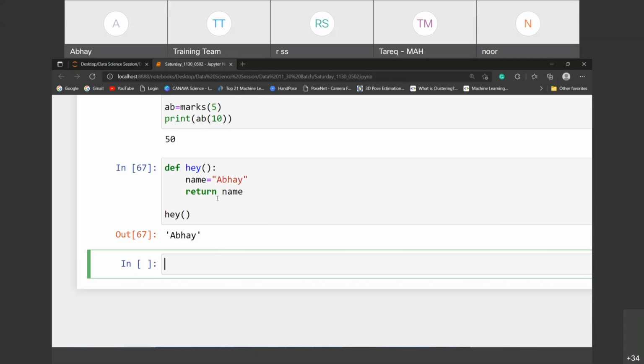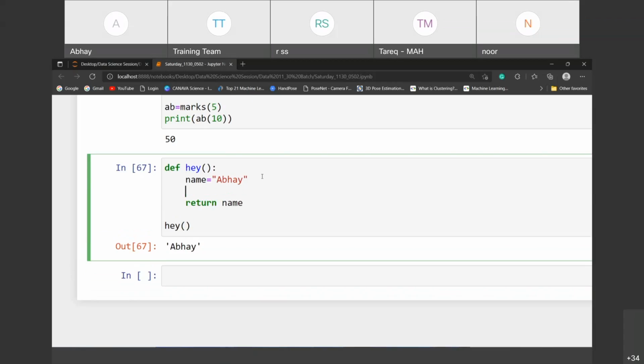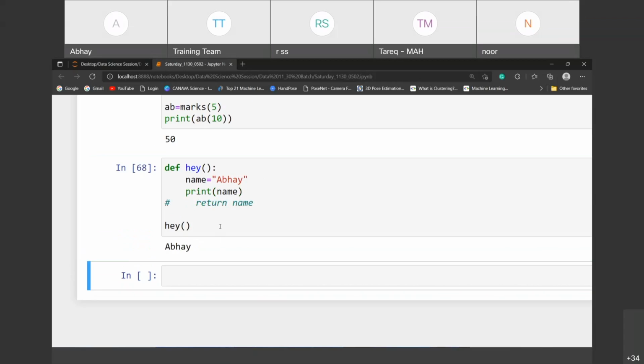So return function is nothing but name, meaning the return function gives you the value. See, this concept will work with the print function as well as the return function. Meaning if I do like this, then also it works. So what is the difference between return and print? Can anyone say? When I do the print function, then also we get the above. If I pass the return function, then also we get the above. Any difference, you know? Anyone?